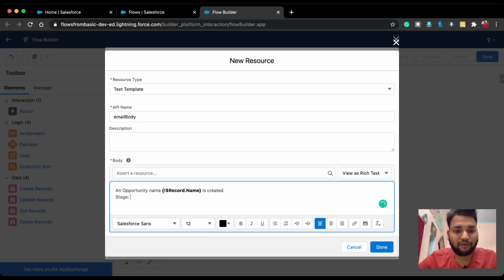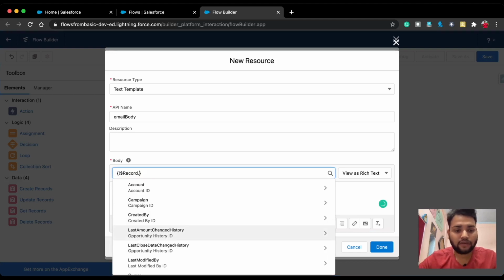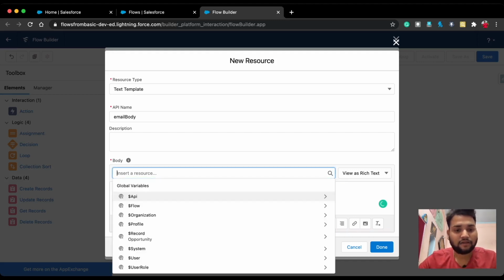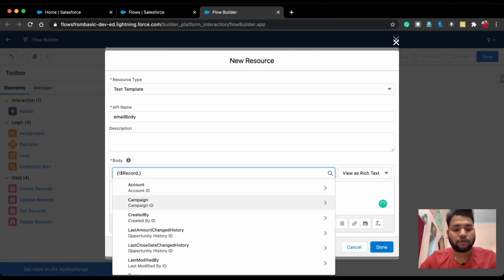Now you need to provide stage, so again record stage name. Here you can see again you will get the dynamic variable. Again you provide it in bold, and now you want to show the amount. Amount, and again record dot amount.